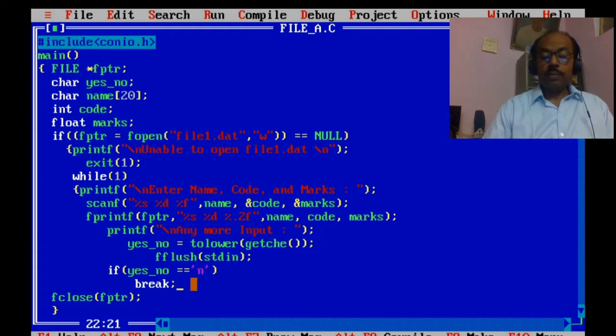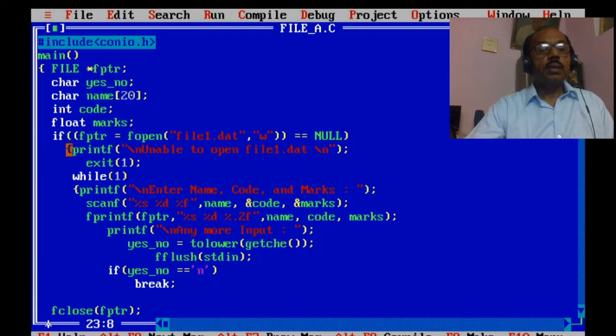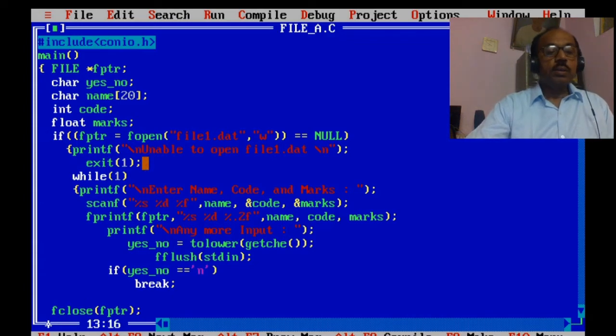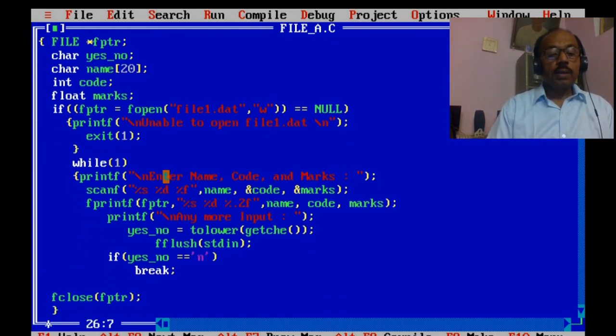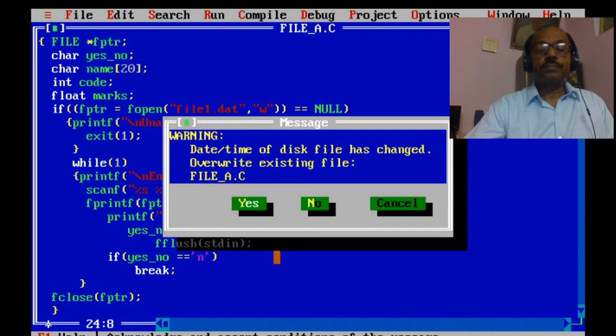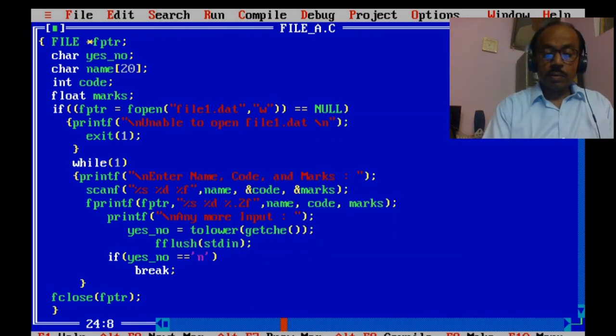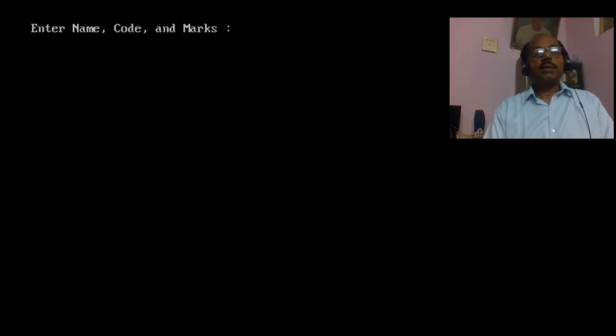Printf, yes, once it is started here, this is also required, and this is required here. So it is asking for data.